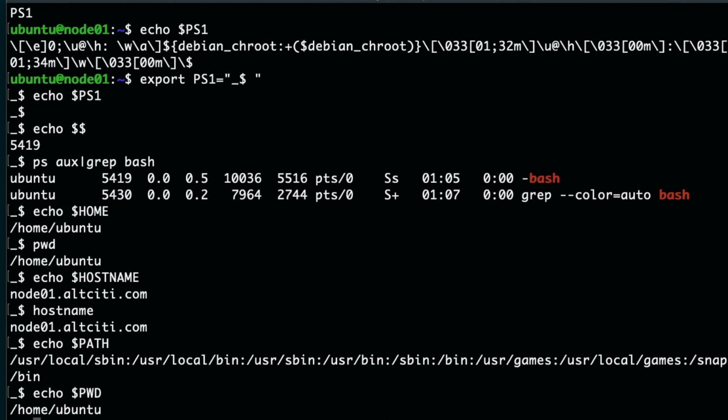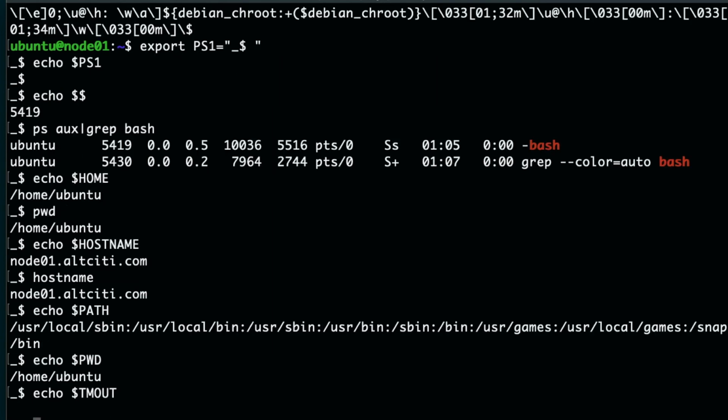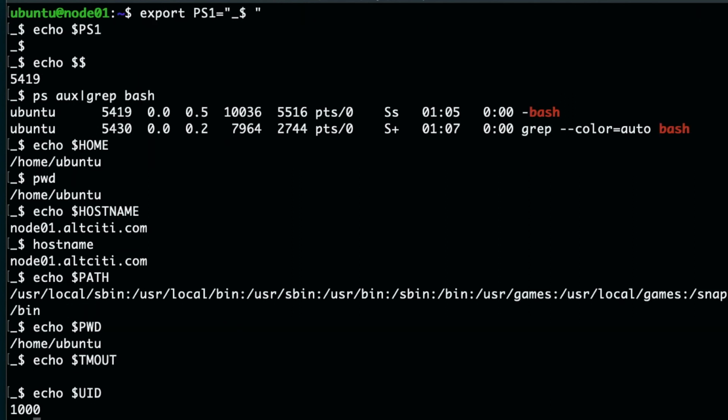That's our working directory. We have that TMOUT variable also. It is not set actually here. Okay, let's skip this. There is UID also. So this is my UID. It's my user ID. We can see this actually with id command. So the user is Ubuntu.